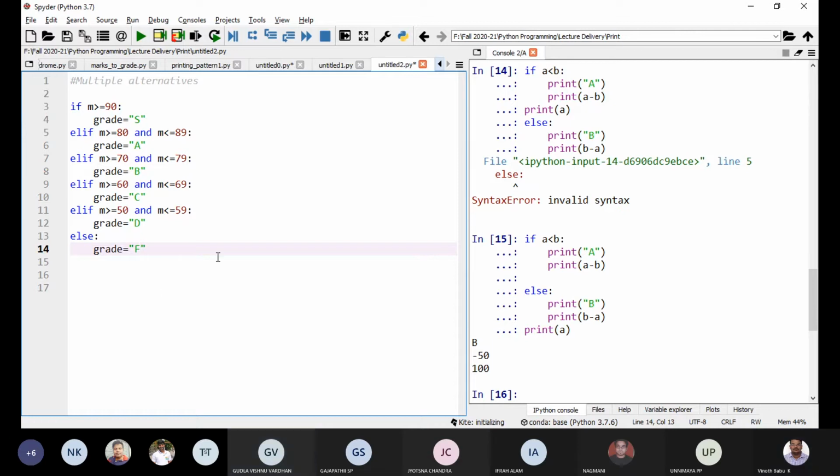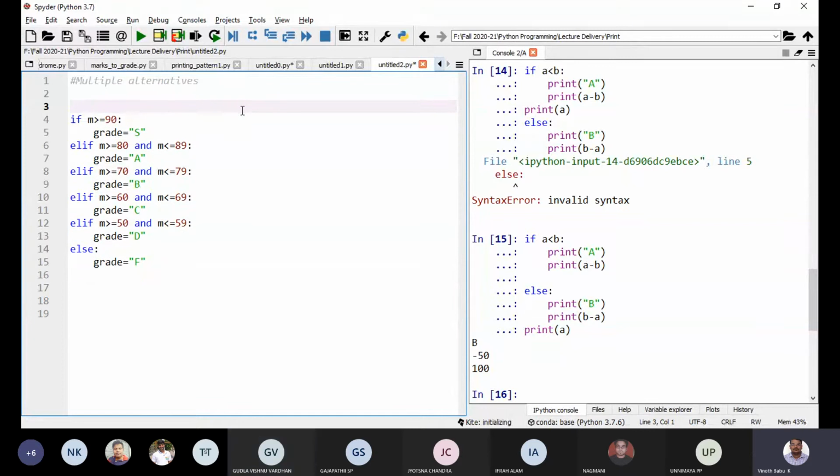So I am going to get input first. m is the input. I'm going to use the input method to get the input from the user. Enter the marks.